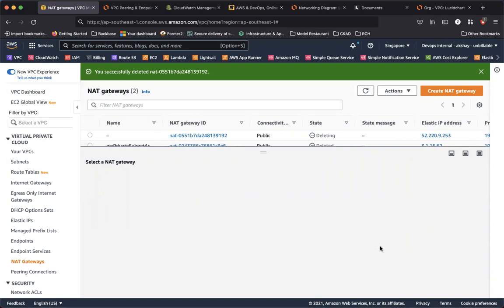I hope you got a really good idea of how to do private connectivity between two VPCs through VPC peering, and also private connectivity to an internet-related AWS service without a NAT gateway or an internet gateway through a VPC endpoint. In the next video, let's summarize all of the concepts that we have studied and some of the best practices in terms of VPC, before we move on to some advanced concepts such as site-to-site VPN, transit gateway, and AWS Direct Connect.